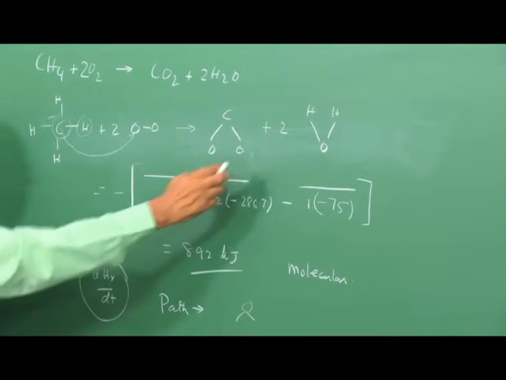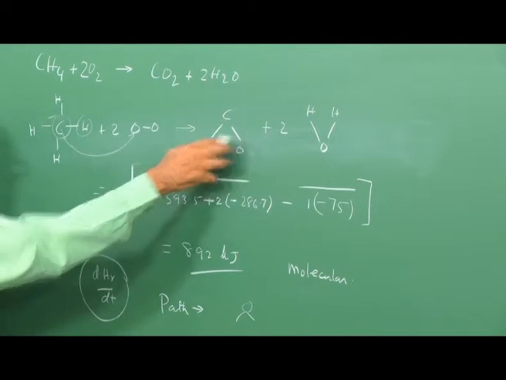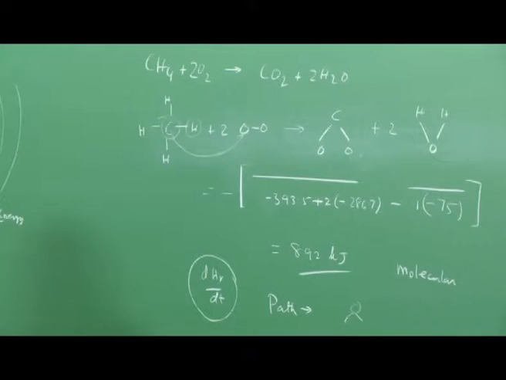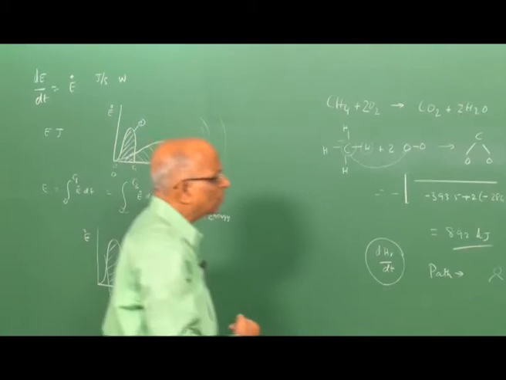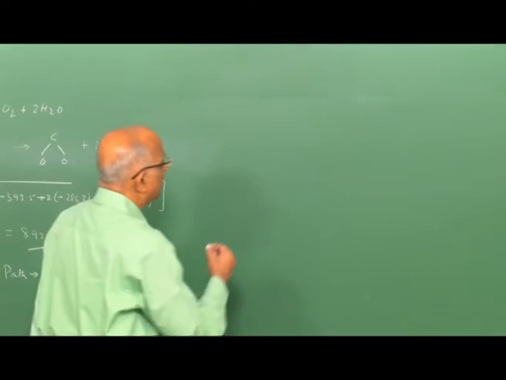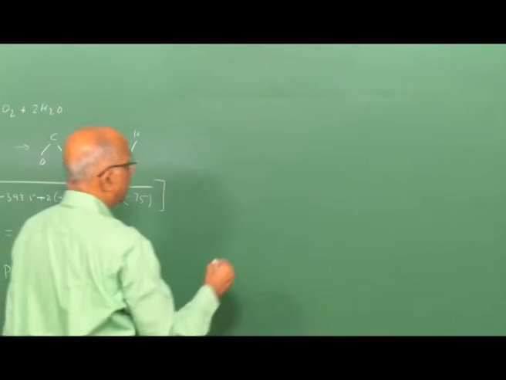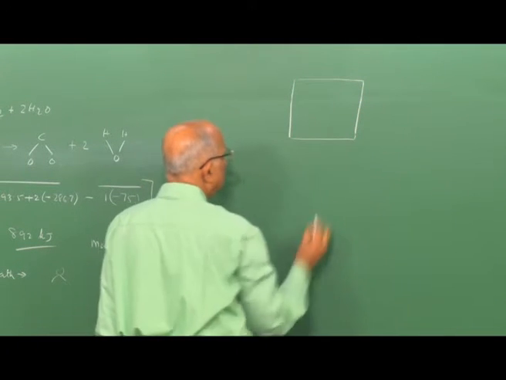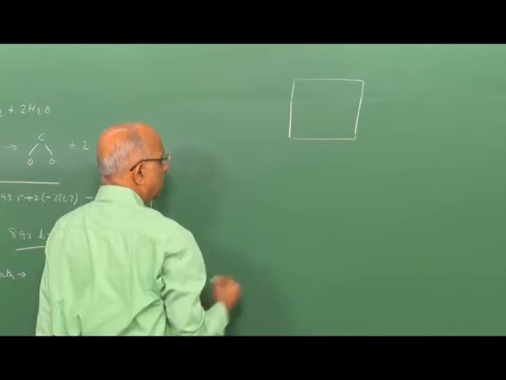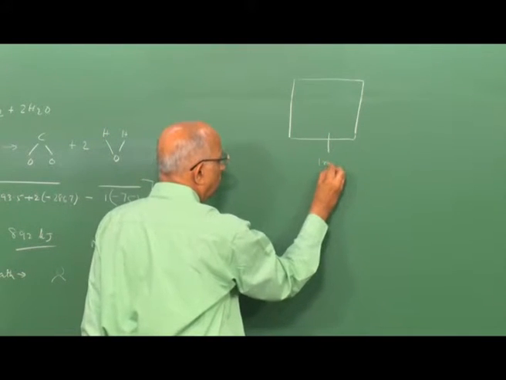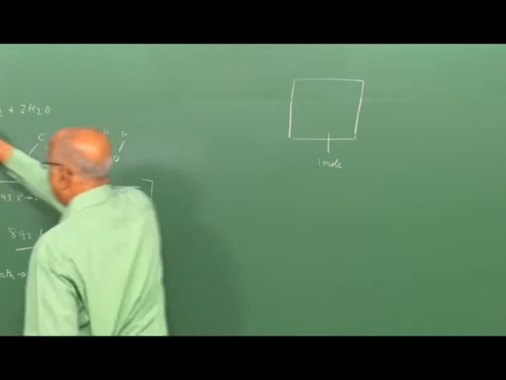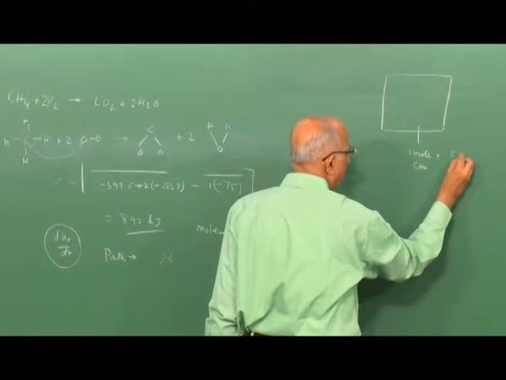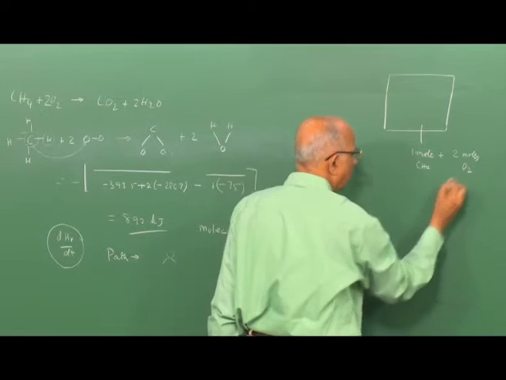I cannot just say, well, the final structure is this, and from the final structure and the initial structure I calculate the rate of energy release. Therefore, let me go through this example again, because we need to define something else to be able to define the rate of a reaction. Let me consider a vessel, a tank like this. In this vessel, I have 1 mole of methane, plus 2 moles of oxygen.